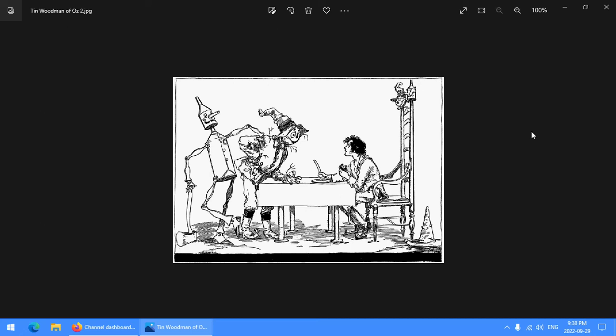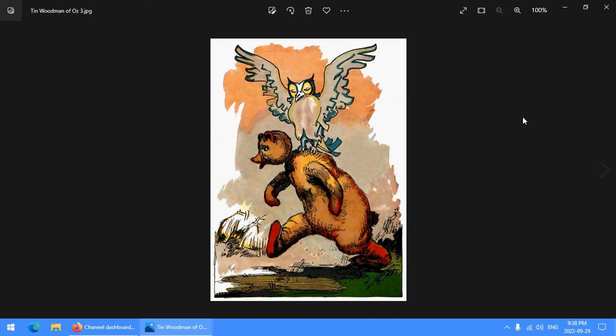But the Scarecrow and the Woodman bully him into going to look into things, and they almost get in trouble, and they get attacked by balloon people who they have to defeat with a pin. And various exciting things happen, like being caught by a so-called Yukuhu who transforms the Tin Woodman into a tin owl,